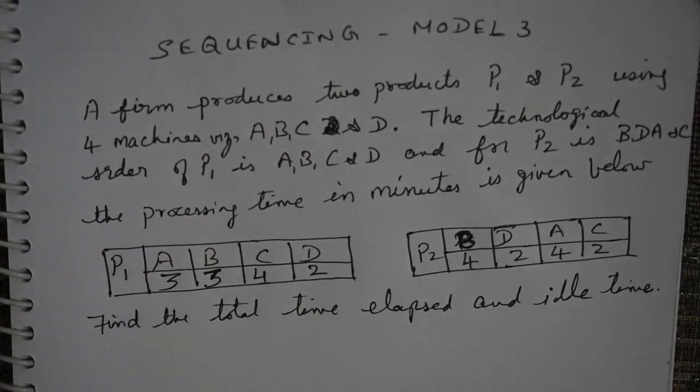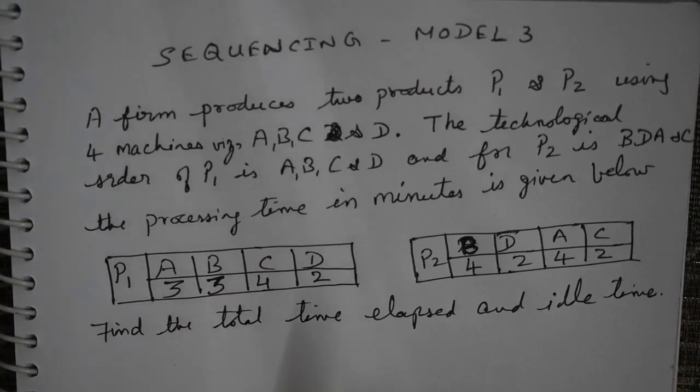Sequencing model 3. This is an entirely different model when compared with the previous two models which we saw. Here, let me give an example. A firm produces two products P1 and P2 using four machines A, B, C and D. The technological order of P1 is machine A, B, C and D, while for P2 it is B, D, A